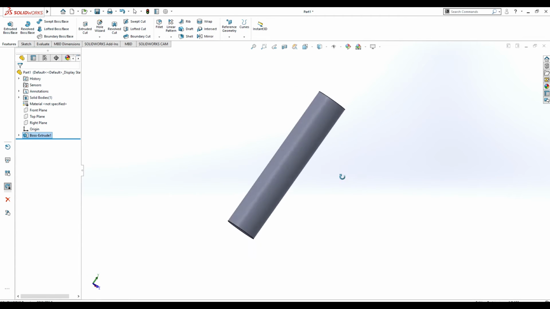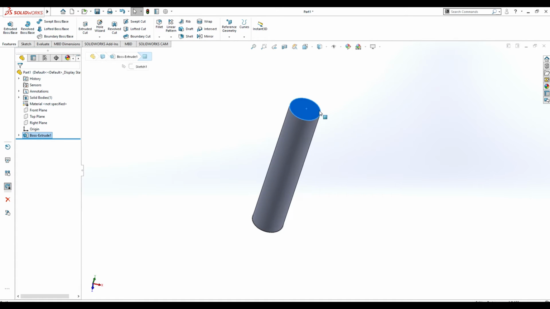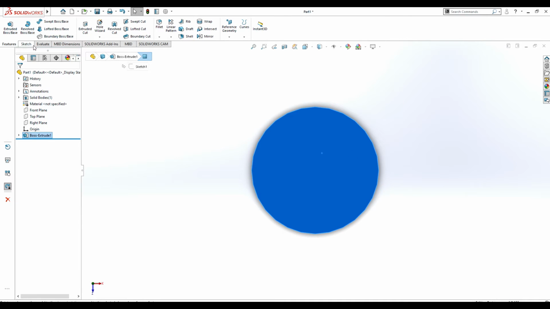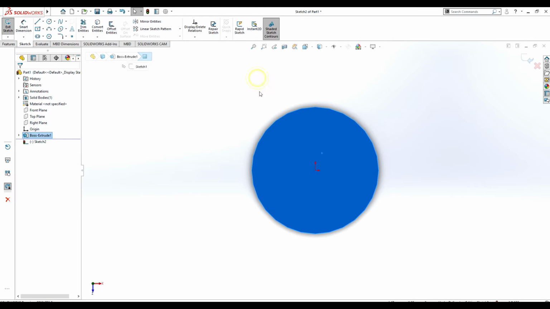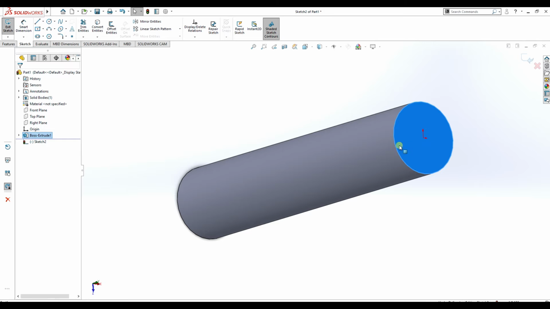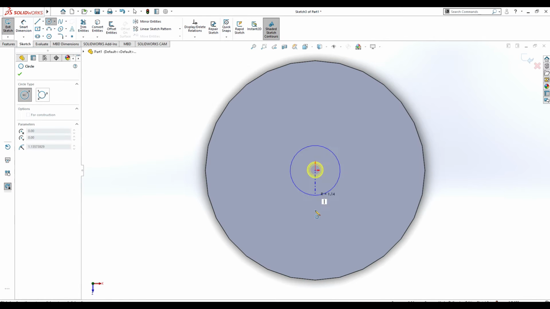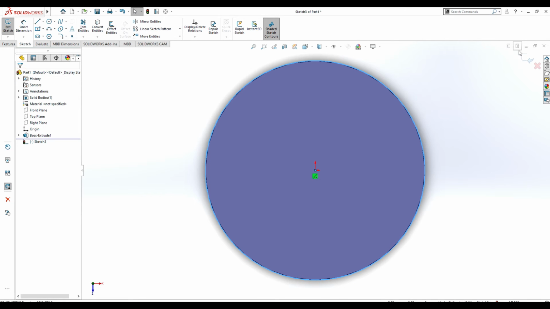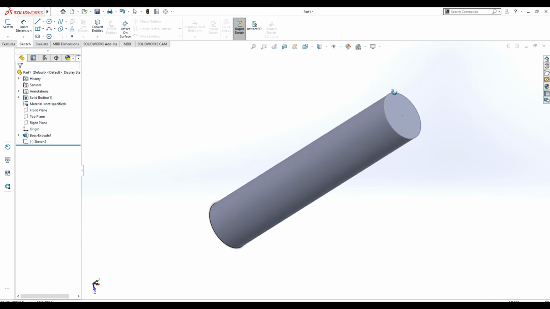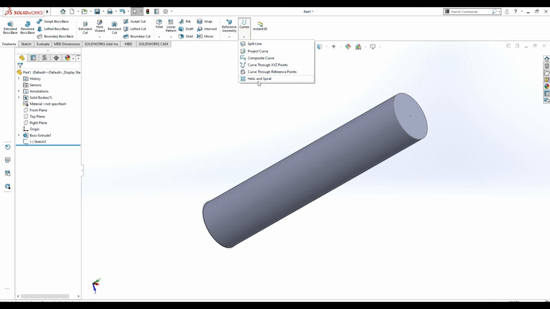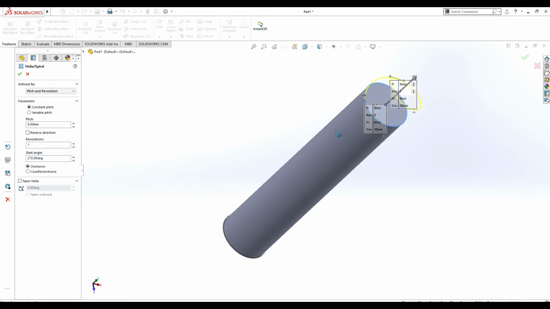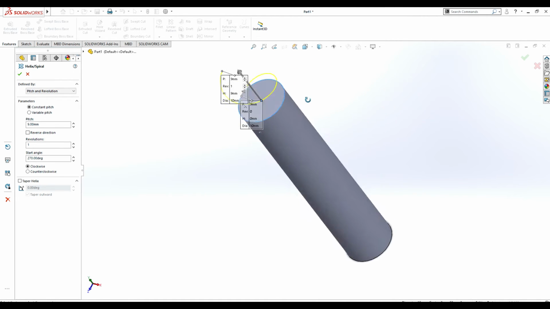So after creating this cylindrical body, the first step is to create a helix. Okay, so helix and spiral. But before creating the helix we will have to create a circle on it. So let us create a sketch for this body and exit it. Okay, like this, exit it, then go to helix and choose this. So after choosing the circle which we have created in the previous sketch, here we